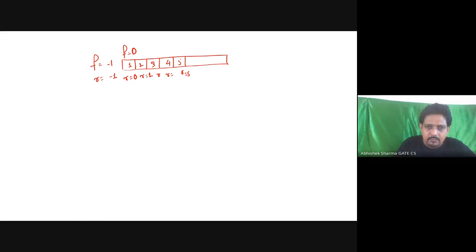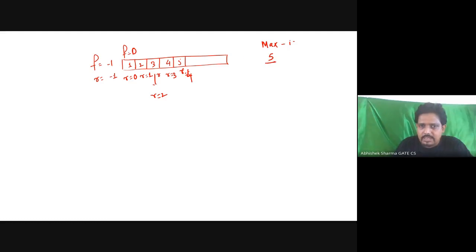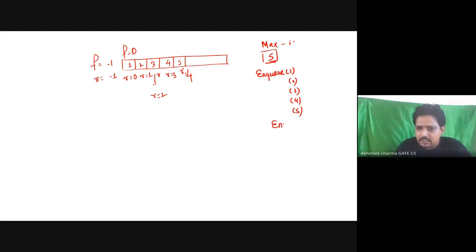Then rear will become 1. Then for this one, rear will become 2. Then rear will become 3 and finally rear will become 4. Suppose my maximum capacity is 5. So I inserted 5 elements by performing the operation known as NQ: NQ1, then NQ2, then 3, then 4, and then 5. Then my maximum capacity is 5, and after that if I say NQ6,